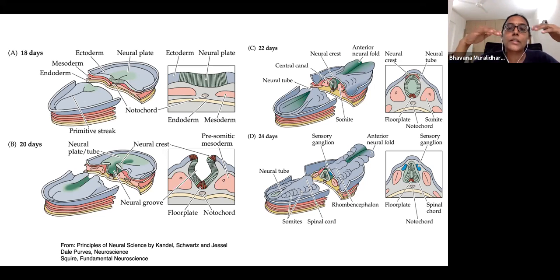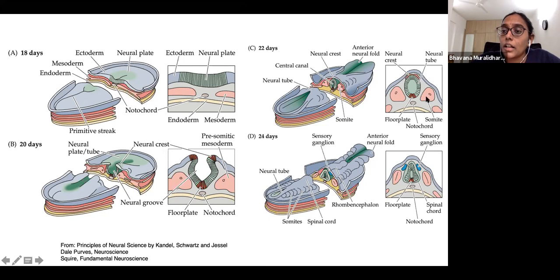So the peripheral nervous system is all those set of nerves which connect the brain and the spinal cord to the rest of the body. And this peripheral nervous system comes from these neural crest cells. So the neural tube is formed here, and the neural crest cells are present here. And once this is formed, you have,